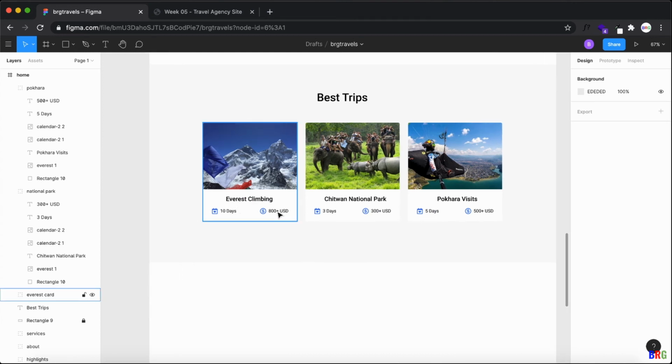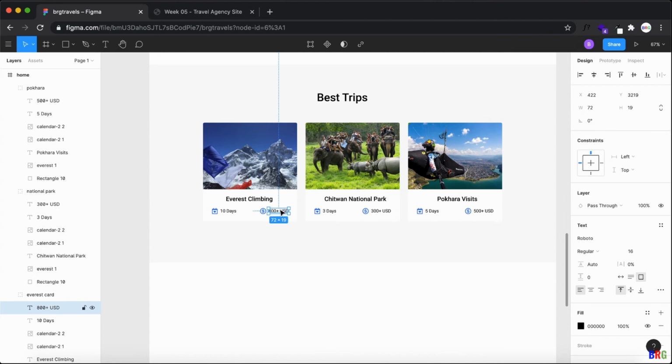So here basically USD before, USD before, USD before. Now it's looking good.